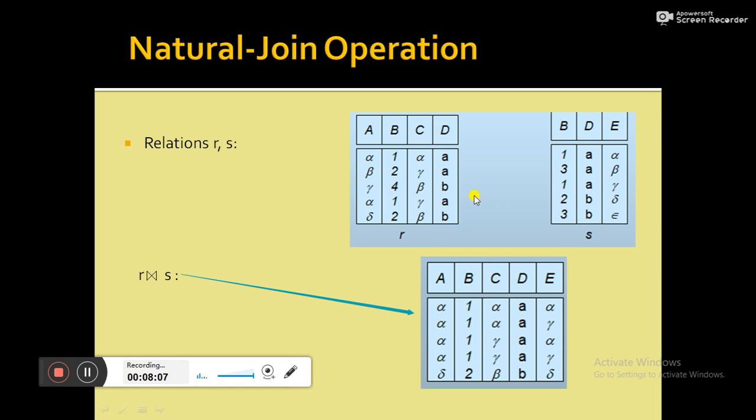The selection operation will be based on equality on the common attributes. Now here in relations R and S, the common attribute is B. B is present in R, B is also present in S, and the other common attribute is D. D is present in R, D is also present in S. So after Cartesian product, it will do the selection operation based on the common attributes B and D. After Cartesian product, a new relation will be generated with lots of tuples, and among those, only the tuples for which the values of the common attributes are the same will be selected.